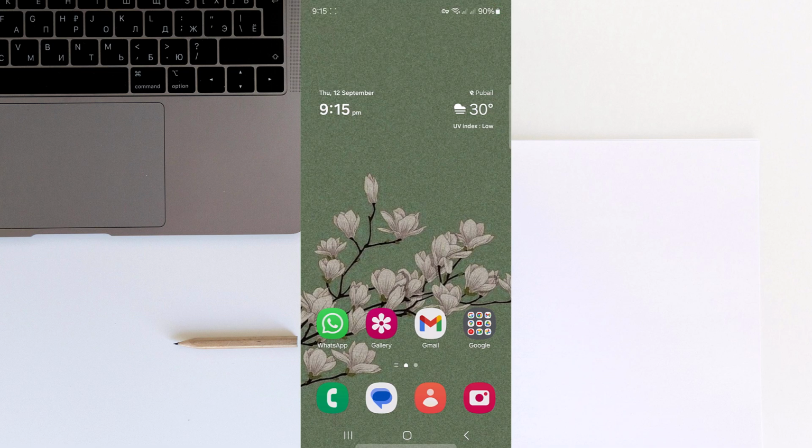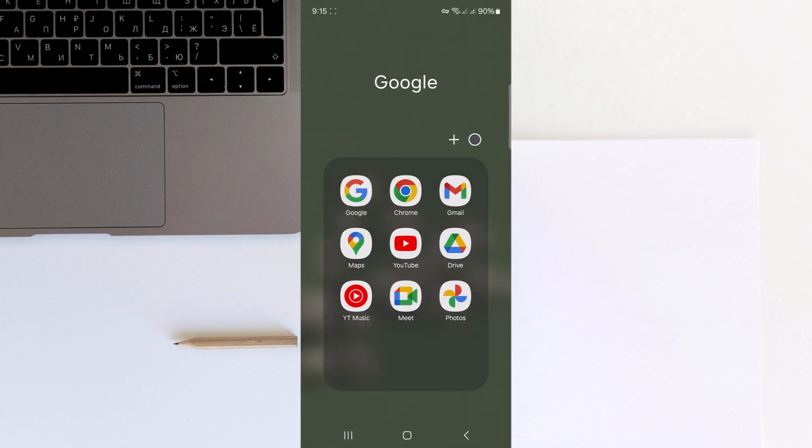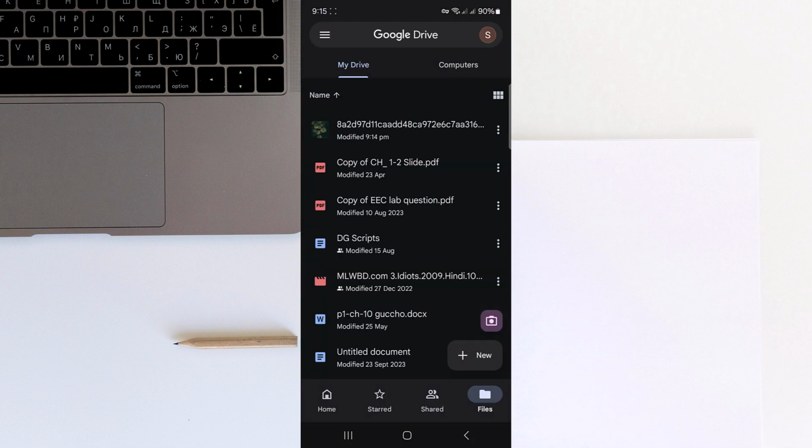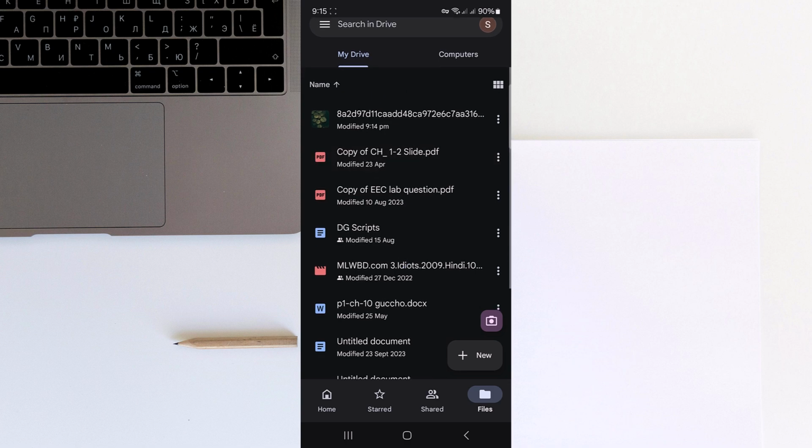In today's video, you are going to see how to share photos from Google Drive in mobile. So let's get right into the video. Head over to your Google Drive on your phone and you can see there is a photo in my Google Drive and I want to share it via this